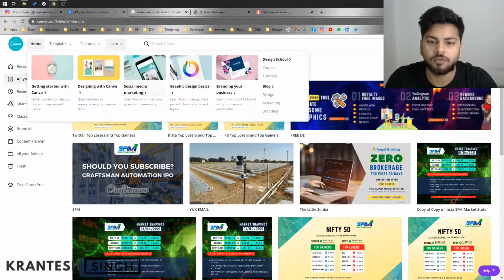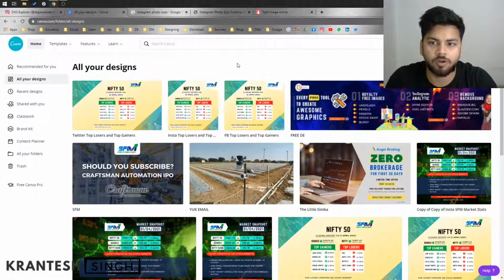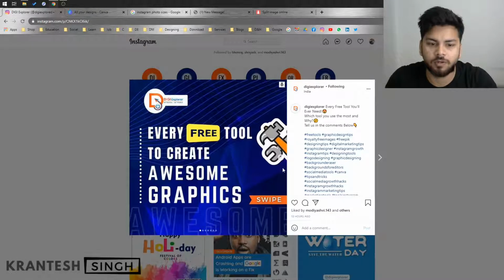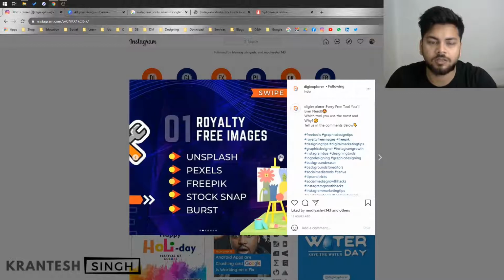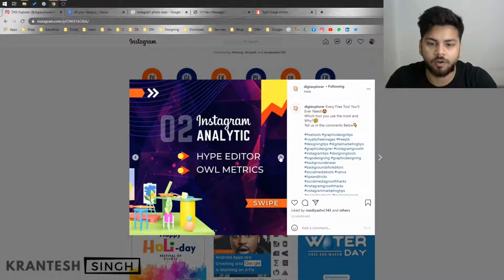Let me show you one example of a carousel that I've created, and I will show you the exact process through which I created it. As you can see, this is a carousel, and the first image says every free tool to create awesome graphics. When you see this on your Instagram feed, it will look amazing.